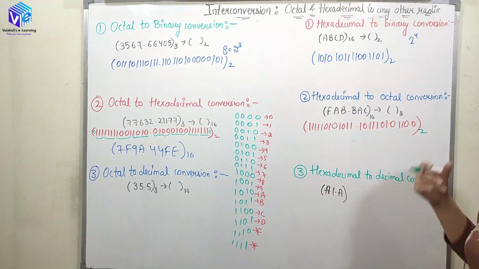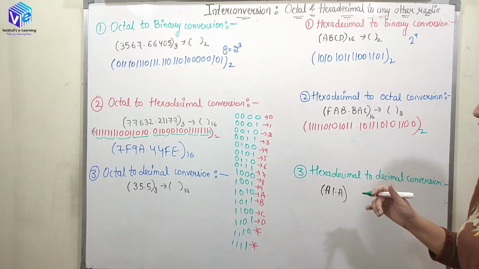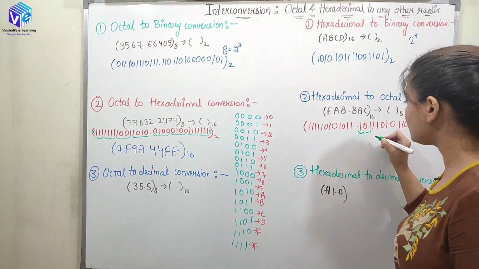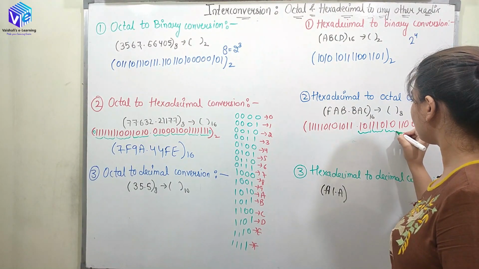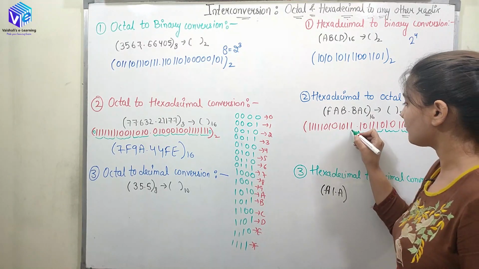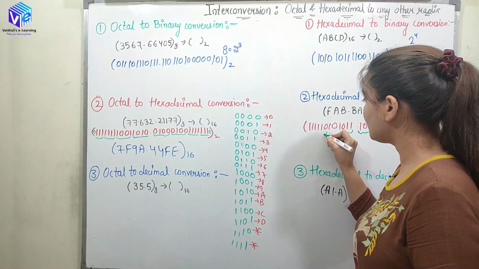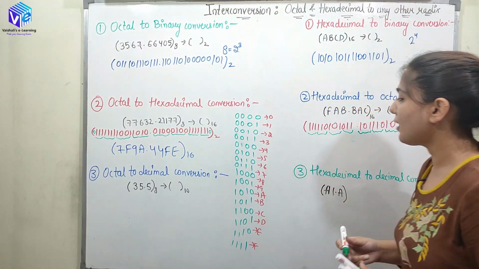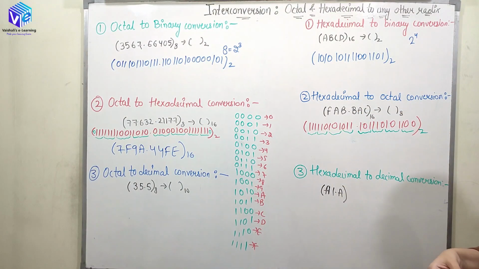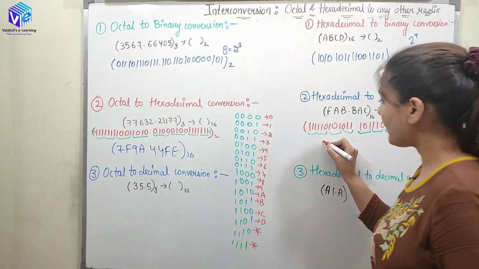So this is the binary number. From binary, if I move towards the octal, I will make the grouping of 3. So these 3 are grouped, these 3 are grouped, these 3 are grouped, and these 3 are grouped. Again in the left side of the radix point also I will be doing the grouping. So this is how I have made all of the groupings. So now I just need to put the values.